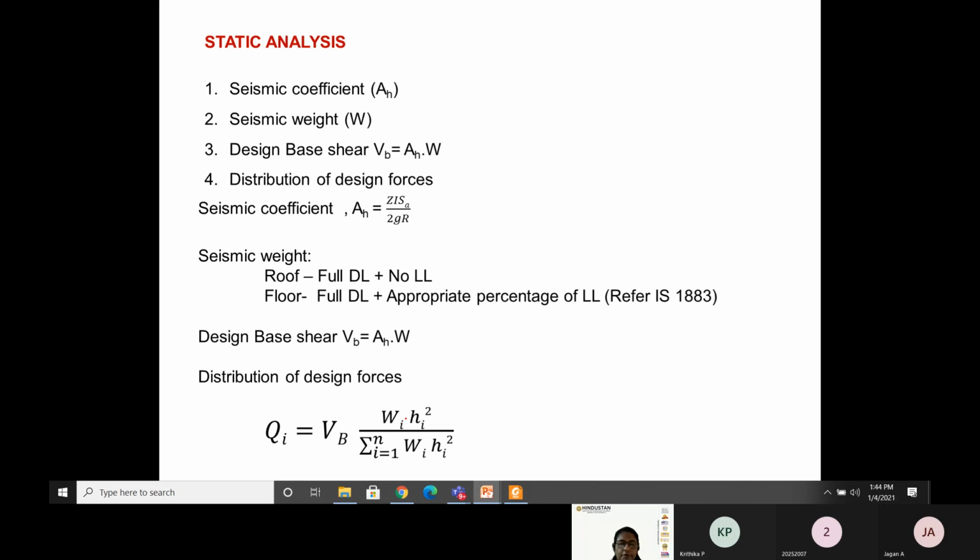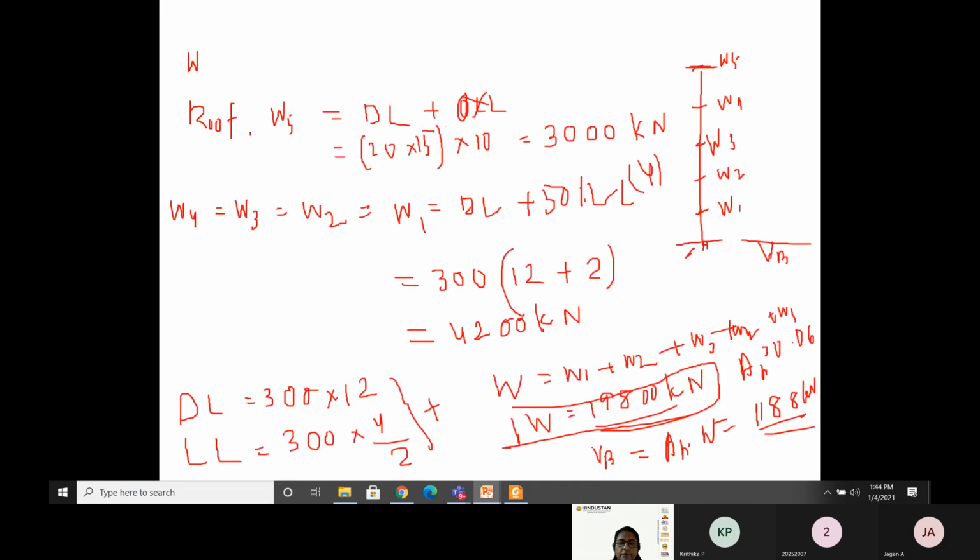So the equation is Qi is equal to VB into Wi Hi square divided by sum of Wi Hi square, where Wi is the seismic weight and Hi is the height from the base to the floor. Okay. So using this,